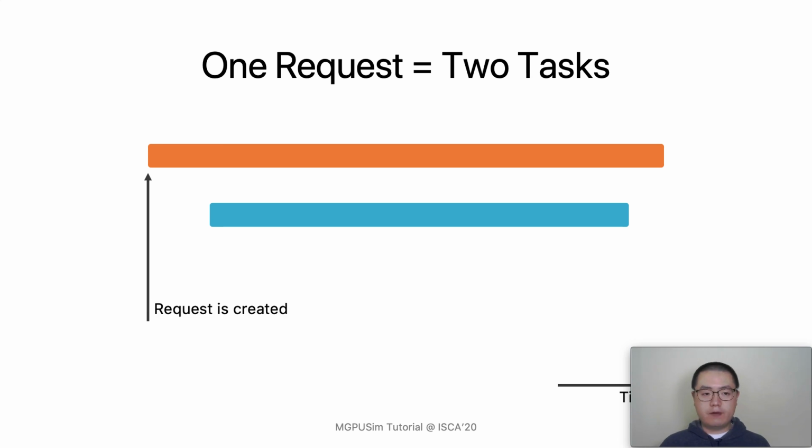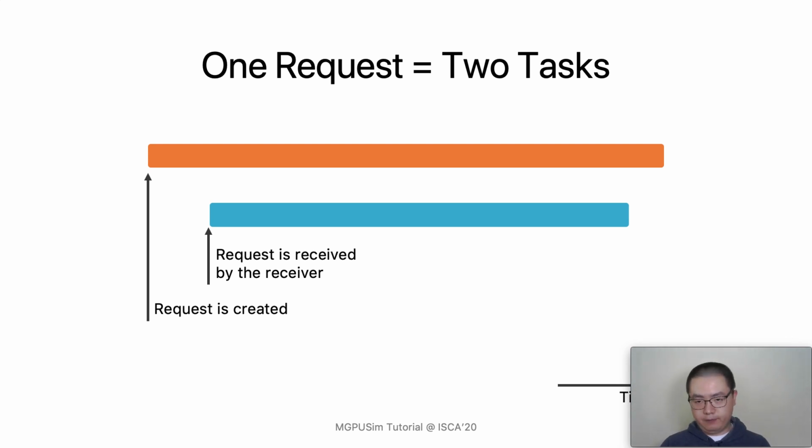And the first one, we have a request out task. The start time of this request out task is the time that the request is created. And it takes some time for this request to be sent through the network and to be buffered at the receiver side. But when this receiver component picks this request up and starts to process it, we call this time required. We create another task called the request in task, and the start time is when this request is received